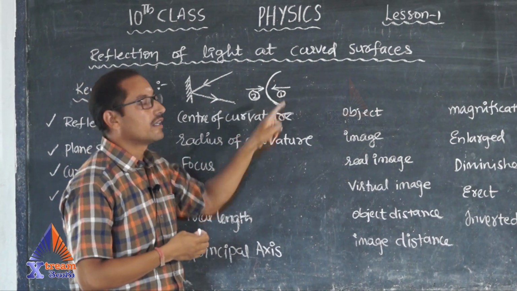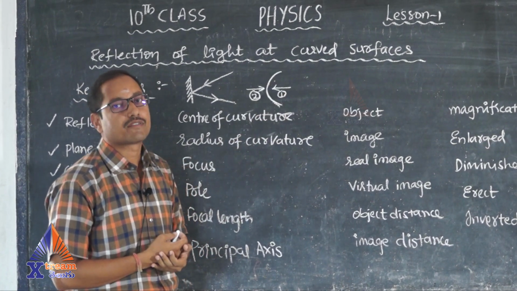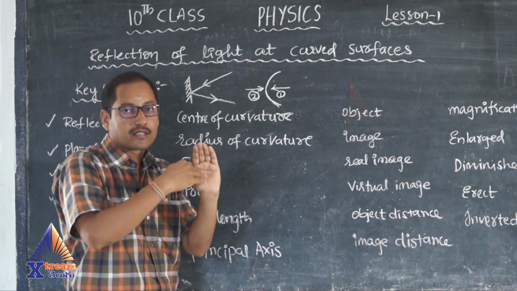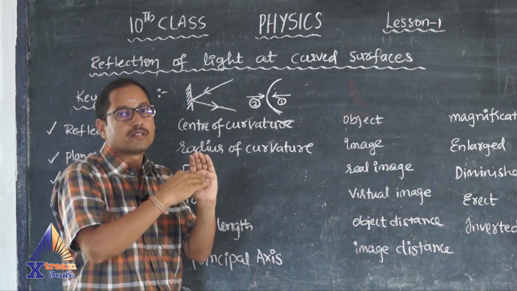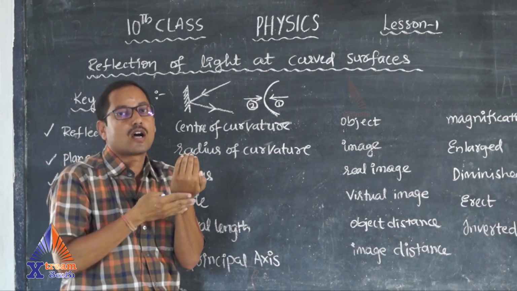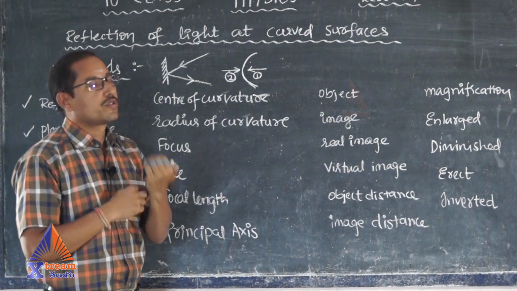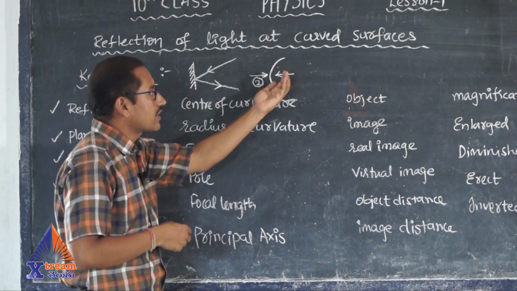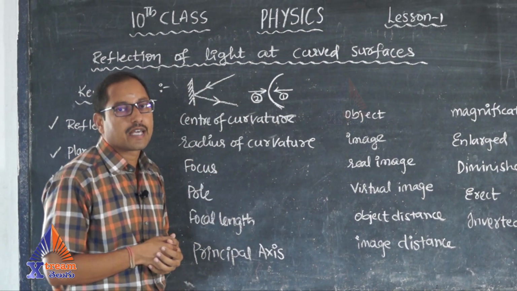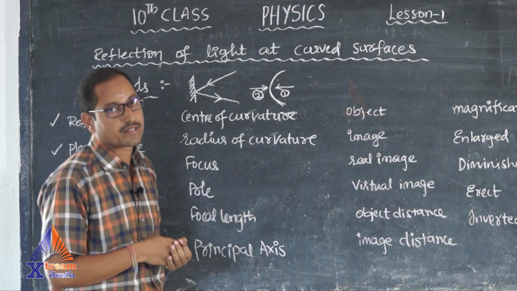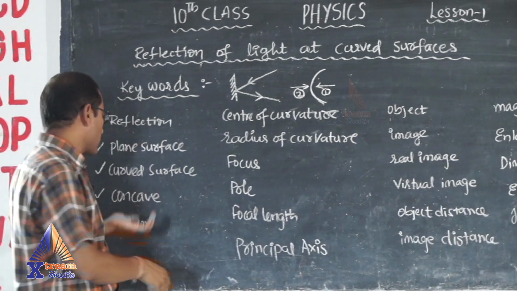The first one is called concave, which is bulged inside. The other side, which is bulged outside, is called convex. So, a surface which is bulged inside is called concave. A surface which is bulged outside is called convex. The next one is